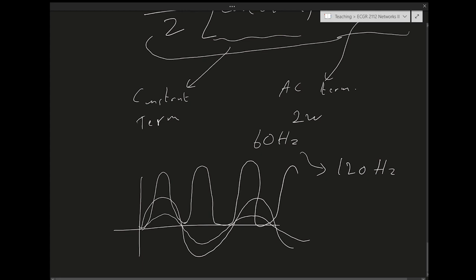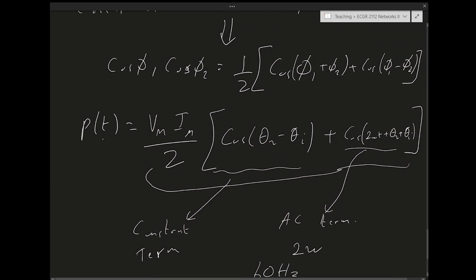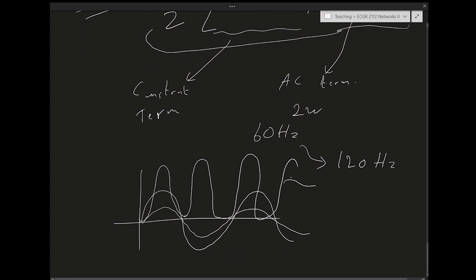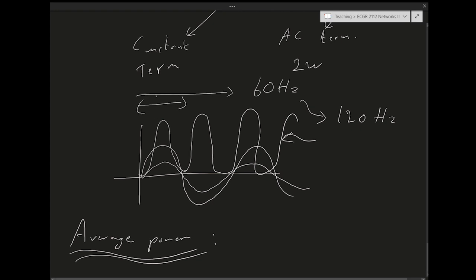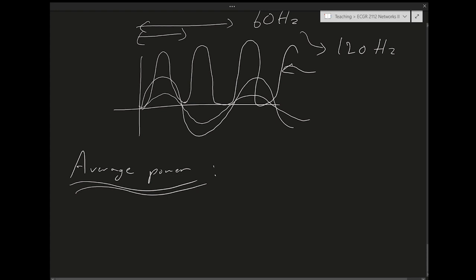Okay. So this is the instantaneous power. This is a power that varies with time. The question is now, what is the average power? Over a certain period. So if I take the average power over this period or over this period, it should be the same, right? For any periodic signal, the average power over any period or multiple of periods should be the same. So the average power, capital P, is just 1 over the period,